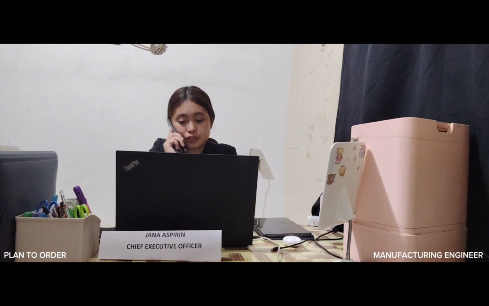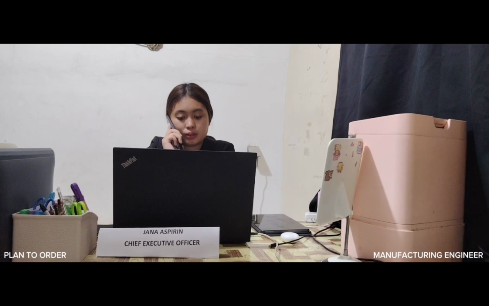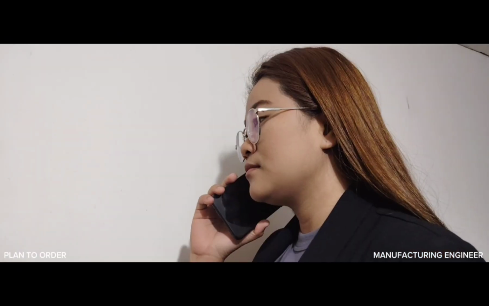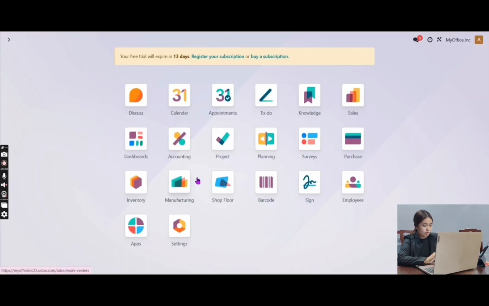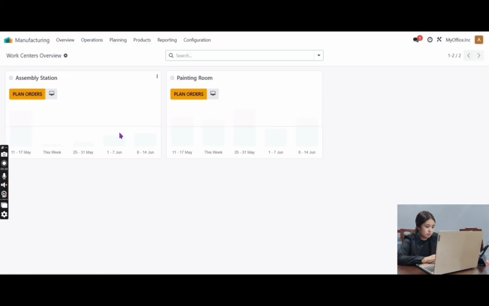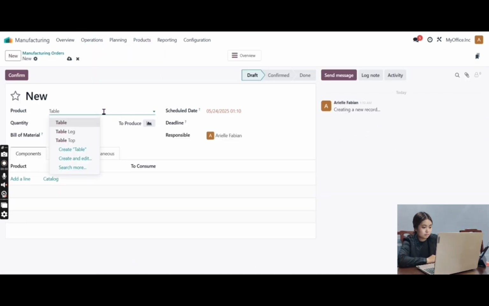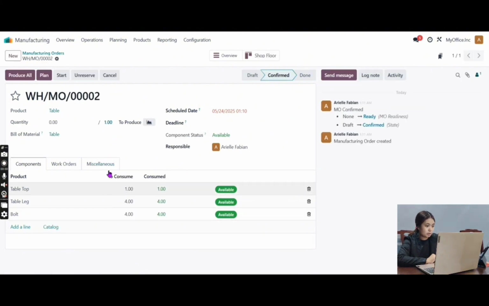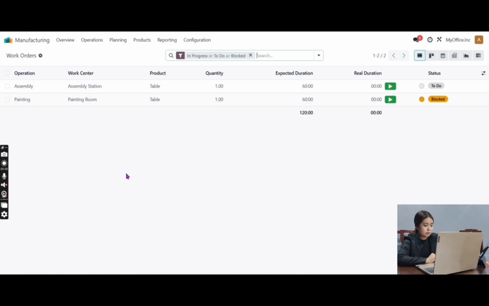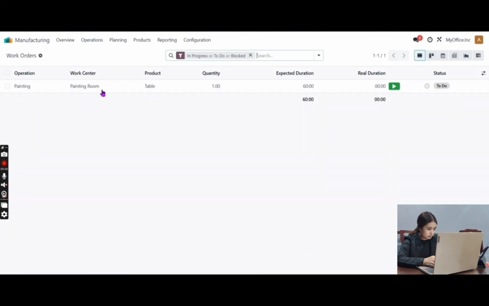We can create a manufacturing order for the table and plan the work orders. When planned, operations become available on the table of each workstation. I'll test the work center control panel at the same time. Now go to manufacturing, click operation and select manufacturing order, and then type table, and then confirm. Click operation and then select work orders, click assembly station, click mark as done, click operation and then select work